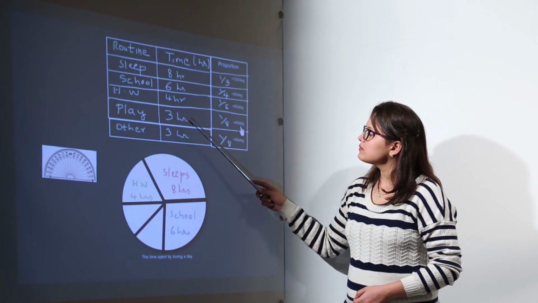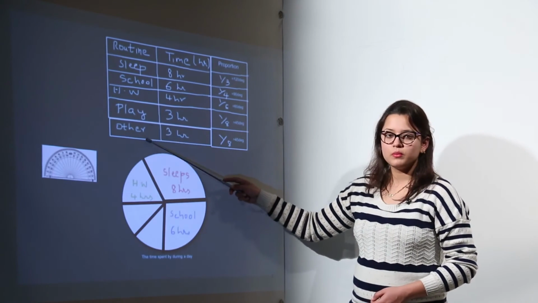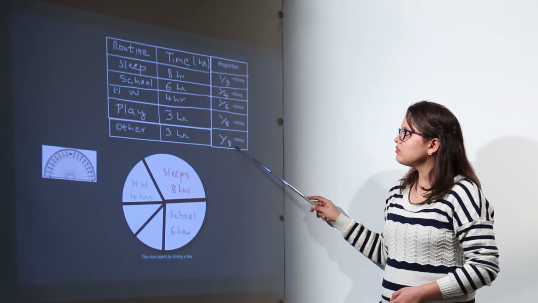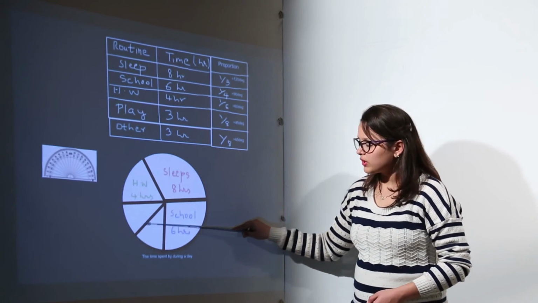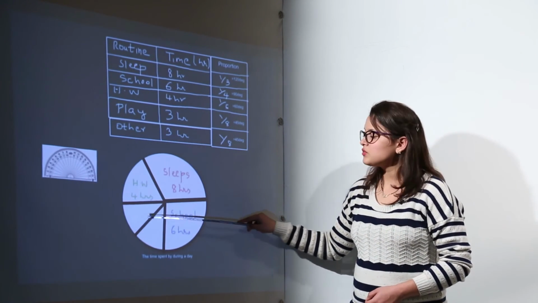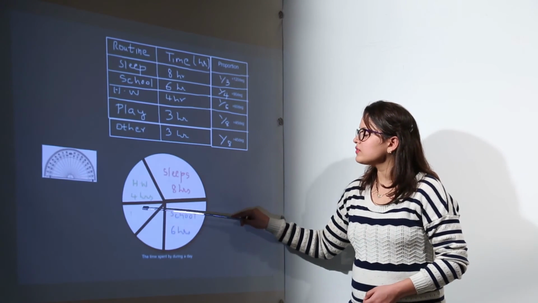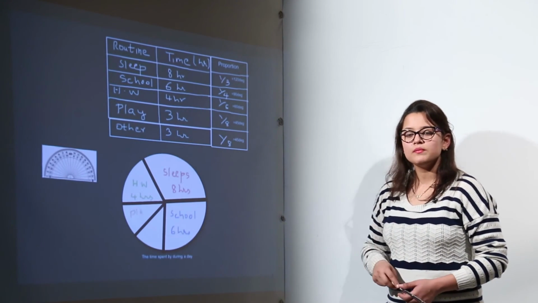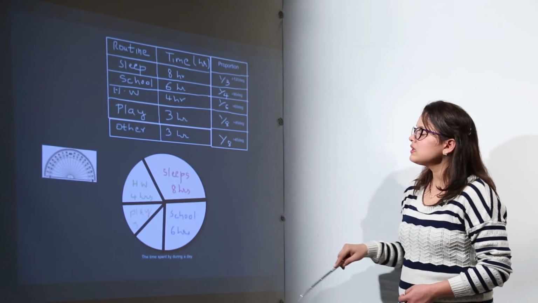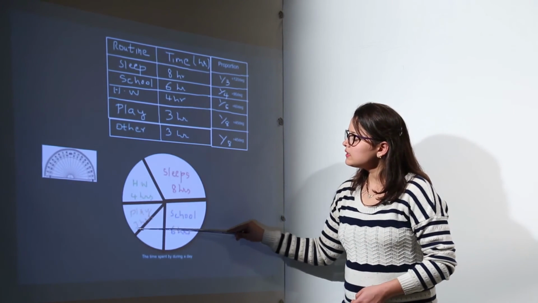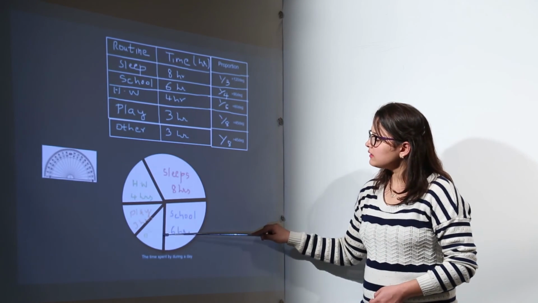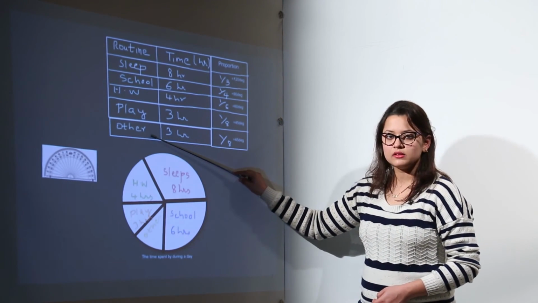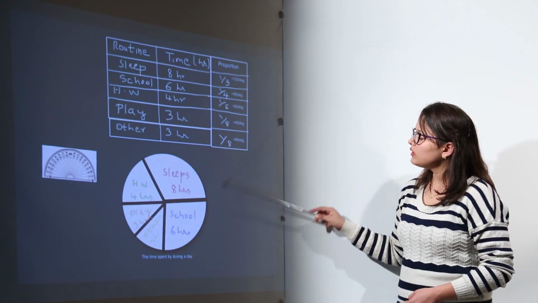Next, two sectors are left to be made and they are actually equal to each other. So what you can do is put your protractor over here and make 45 degrees, or you can divide the remaining part into equal halves because both are going to be equal only, as we can see in the data. So we have one sector dedicated for playing, that is 3 hours, and the next sector, the other activities sector, is also 45 degrees.